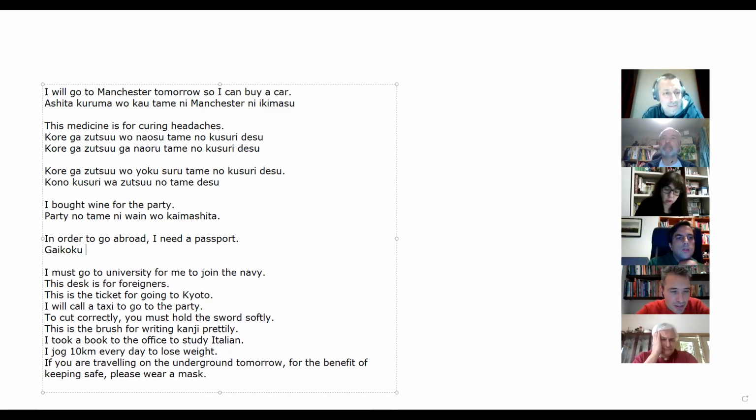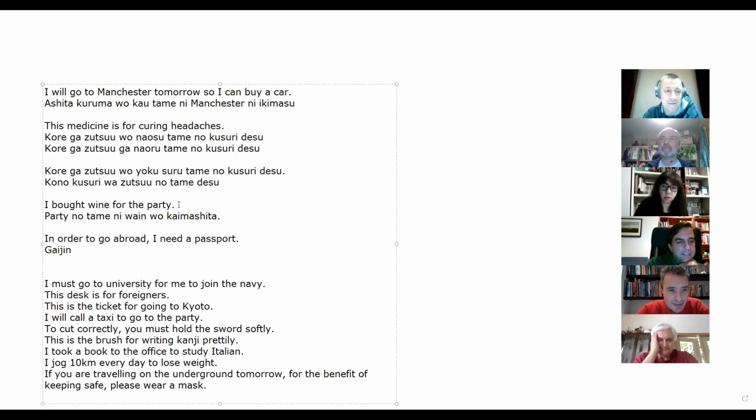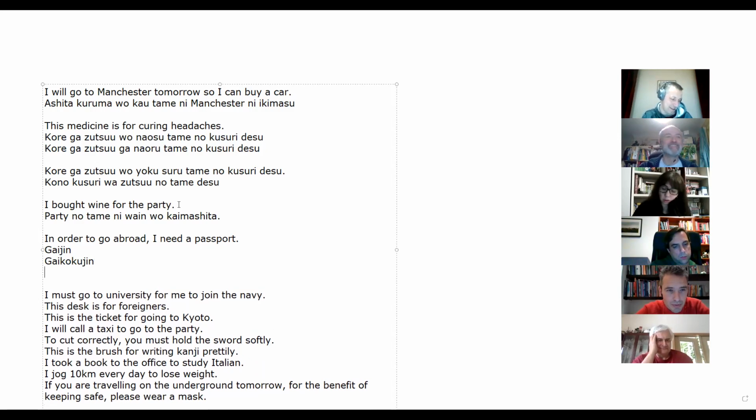Gaikoku. Okay. Kim, in Japan, you are a gaikokujin. If you were saying this 30 years ago, you would be a gaijin. Gaijin is considered to be prejudicial now. So it's now changed to gaikokujin, which is silly because it's just the same word with another word inside of it. It still means foreigner. I still don't understand why they have to specify that you're a foreigner when there are quite a few real Japanese people who've been born in Japan who are of European descent.